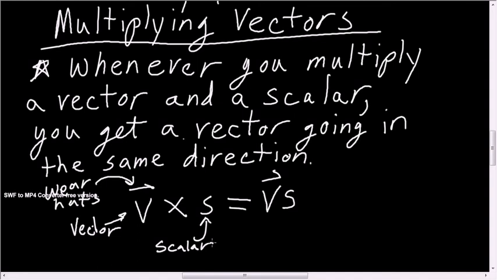Okay, so when I multiply a vector and a scalar, I get a vector going in the same direction. So I get a vector times a scalar going in the same direction as the vector. Okay, so for example, if I multiply, let me